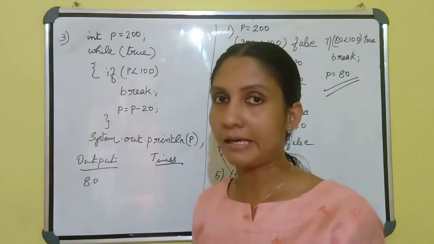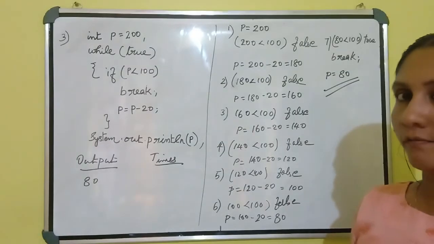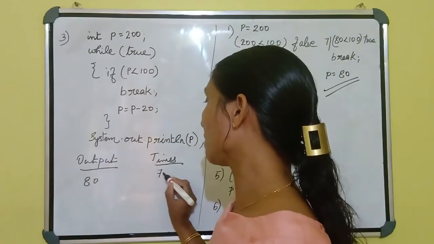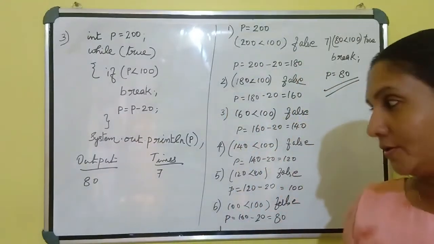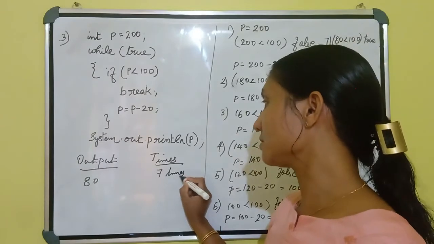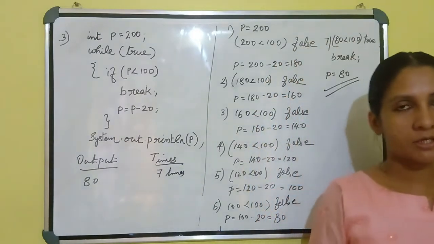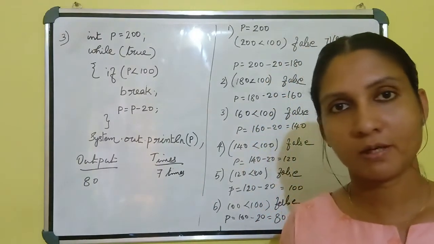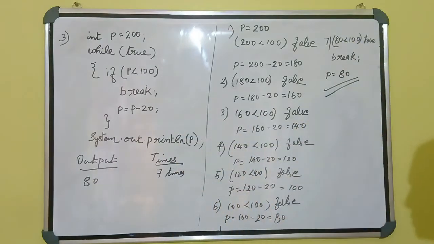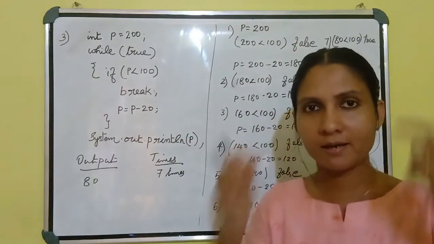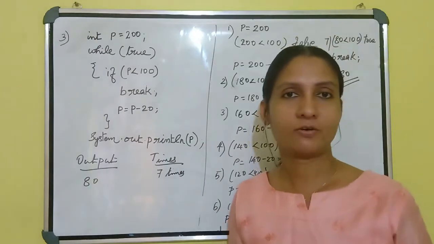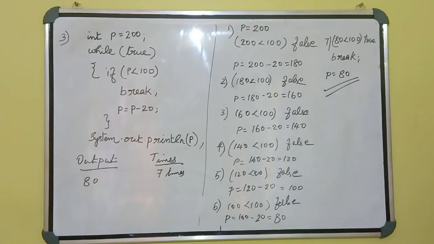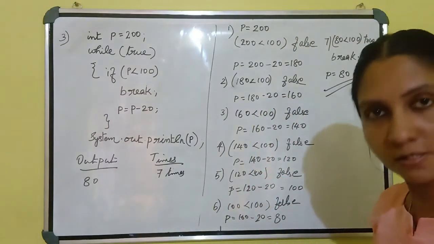You have to study carefully, because a program like this will come for the exam also. How many times? 7 times. You mention this one also for the public examination. They will ask, or for the competitive examination also, they will ask a question like this. You have to work it out, use your brain, think and find the answer. This is very simple if you understand the logic of this question.